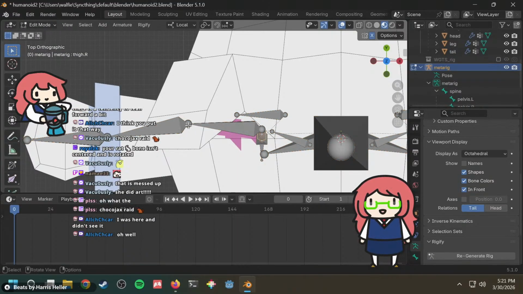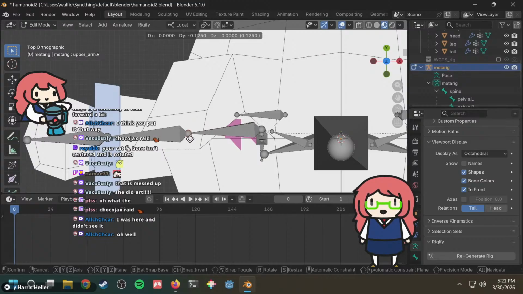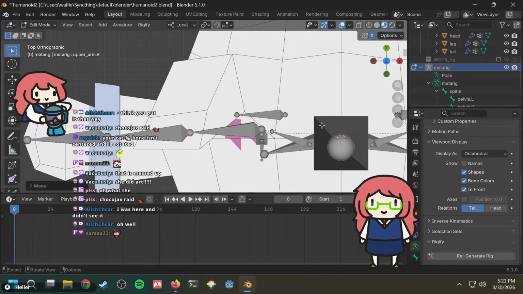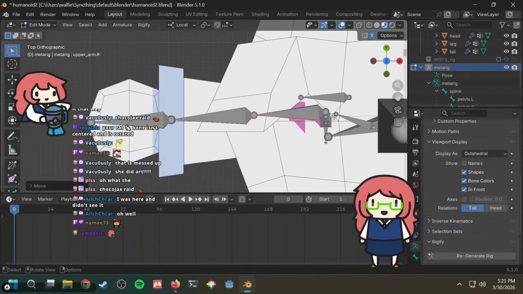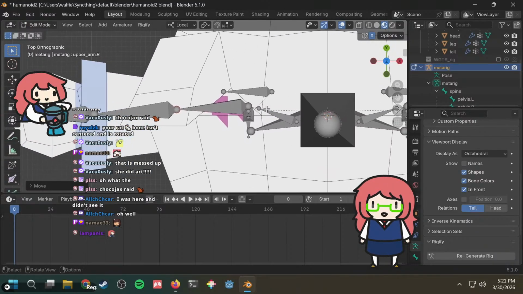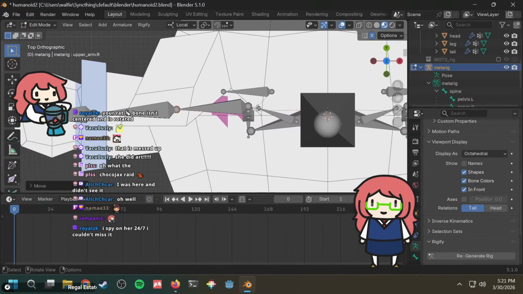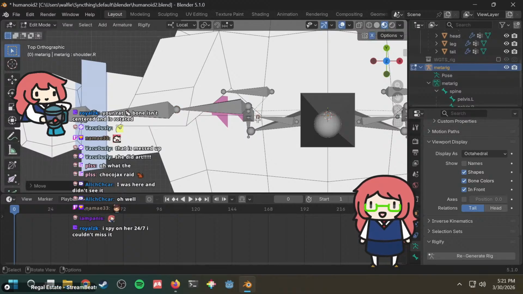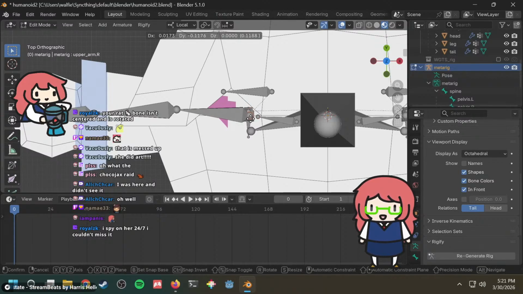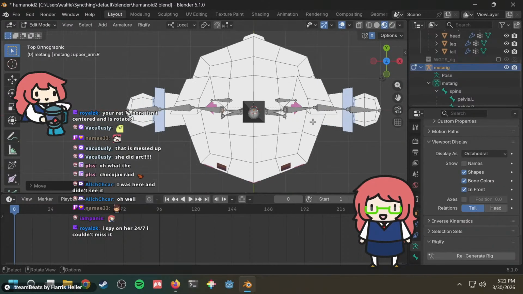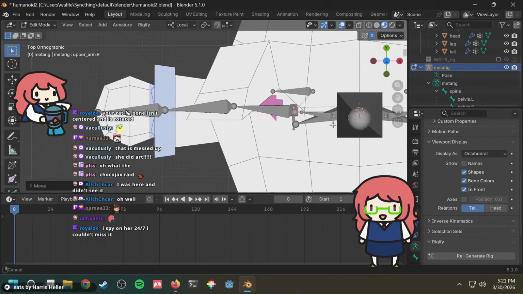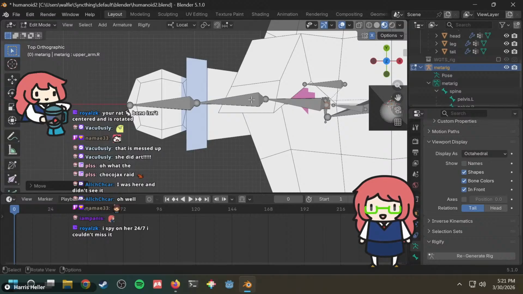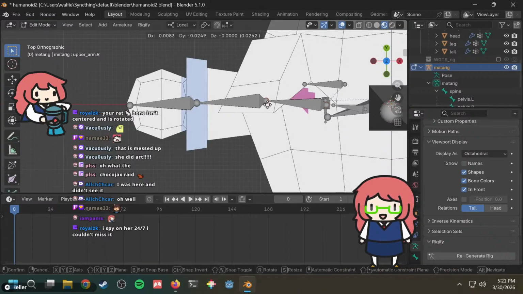I would say you didn't see it, I saw it. It's definitely a thing that happened. For real. I can't believe you missed out on it. Alright, I think I need to grab it. Have this bone. This bone must be rotated. I spy on her 24/7. Well, you should have seen it. You should have been there. But you weren't. And I think that's kind of messed up. I think it's kind of messed up that you wouldn't support her in her time of need. Unbelievable.